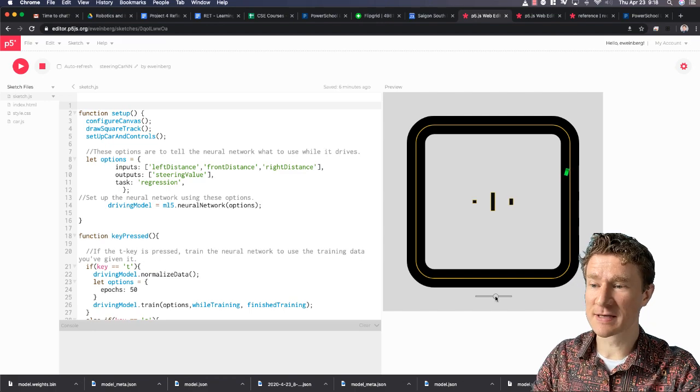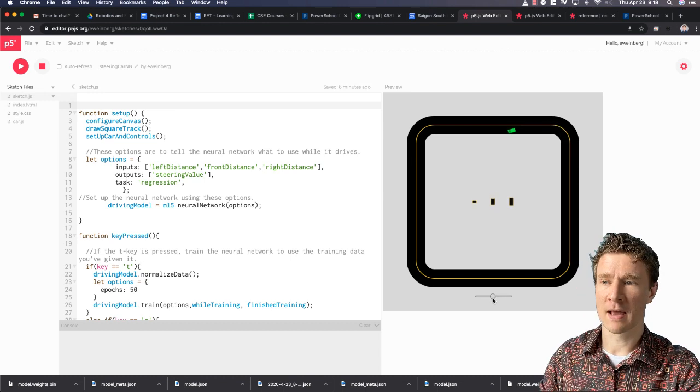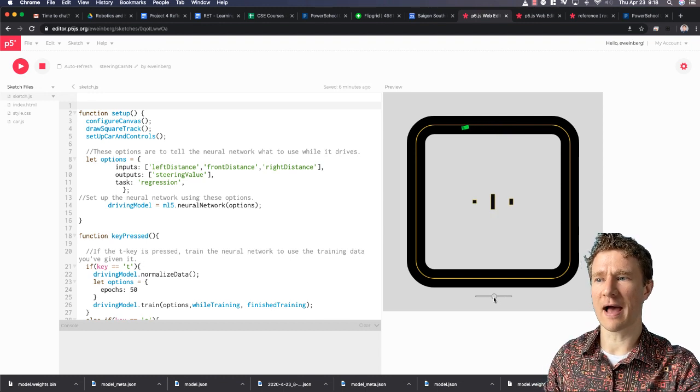See if you can do it. See if you can just ignore what the car is doing and just look at those changing sensors in the middle of the track and see if you can figure out how to drive it. The next thing, after you have played around with this, after you have done some driving and you can do